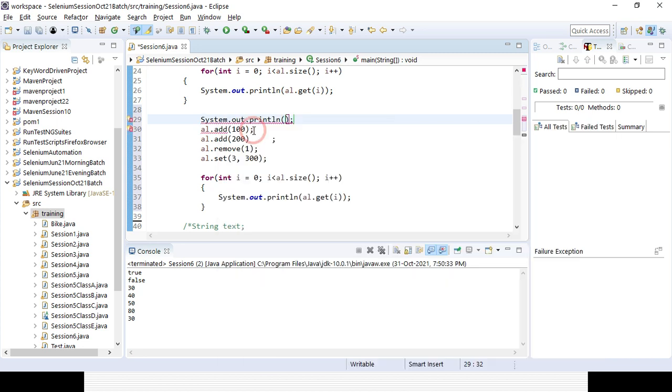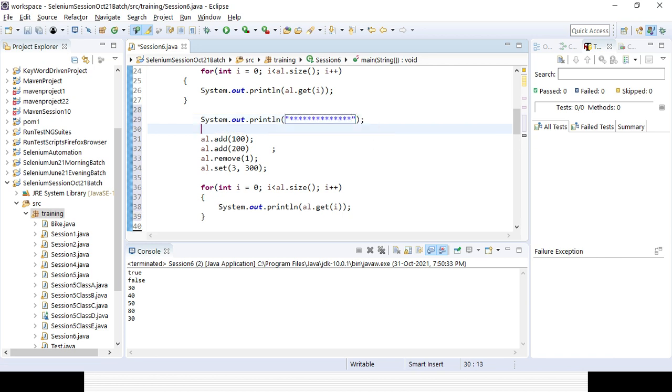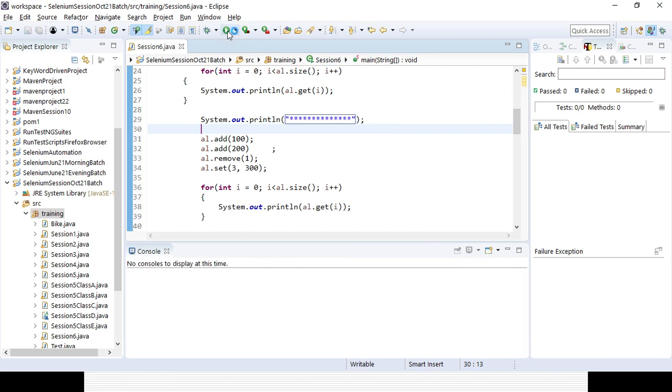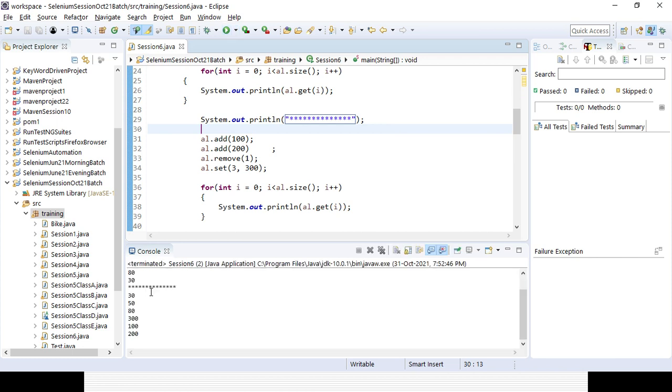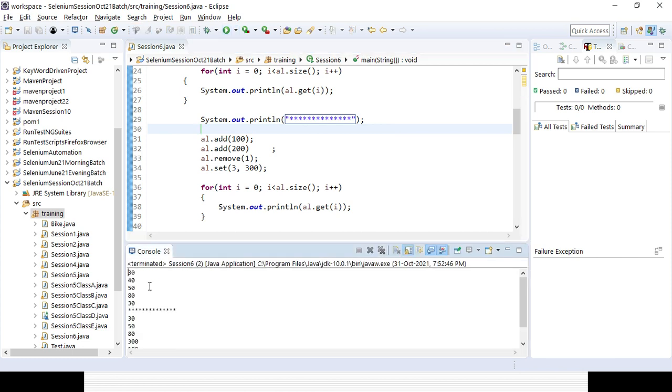Now let's try to run it. You can see initially we have 5 values, 30, 40, 50, 80 and 30, right? Now we are adding 2 more values, so you can see 100 and 200 are coming. Then we are removing the first index, that means the second object, so 40 is removed.